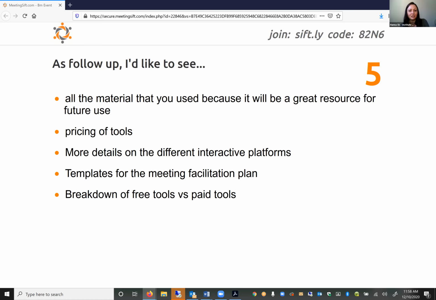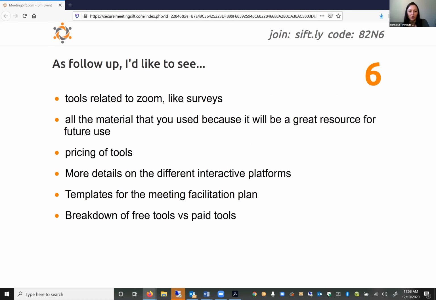Pricing of tools, we can share some of the pricing of tools. We don't know them all. It's really hard to get the pricing out of those companies because they want to talk to you individually for 30 minutes before revealing the price, but we have some pricing we can share. And on that front too, some of it is varied pricing. So some of it depends on the size of the jurisdiction. Some of it, like meetings that we talked about yesterday, depends on how many access points you want to have. So there's varied pricing on some of them as well. We share what we know, and the rest, give them a call.